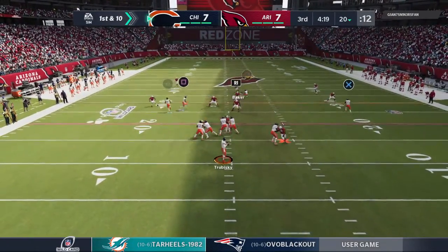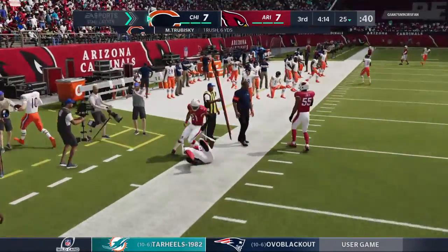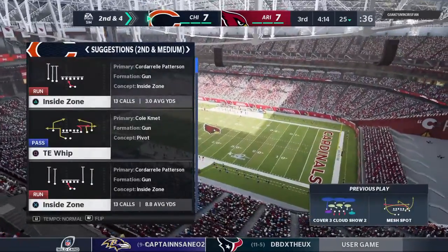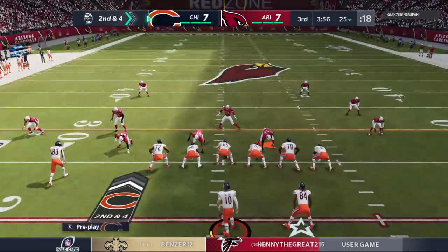Now Trubisky on first down. Buying time to his left. Now he'll pull it down, and he'll be out of bounds at the 25-yard line. The improv on the scramble there gets him 6, and it'll be 2nd down. It's a pickup of 6. Brings up 2nd and